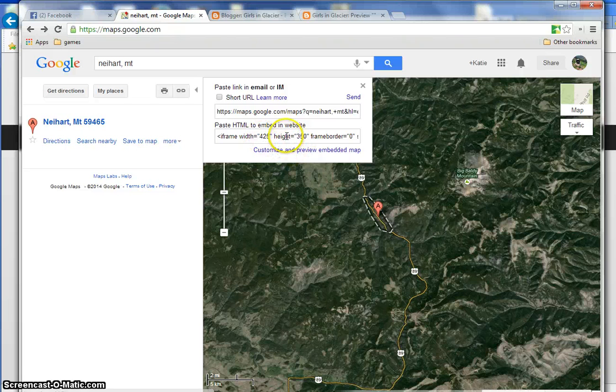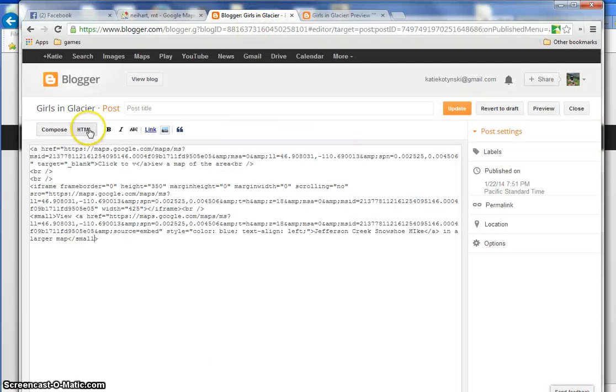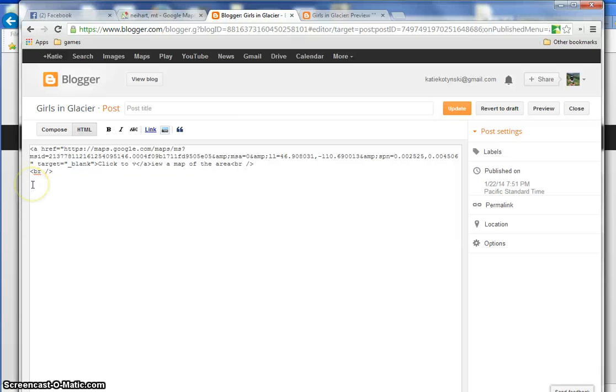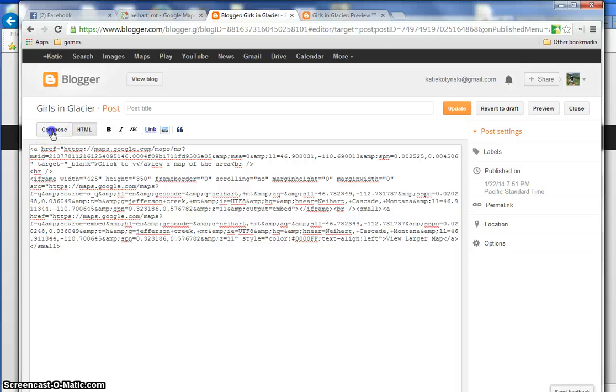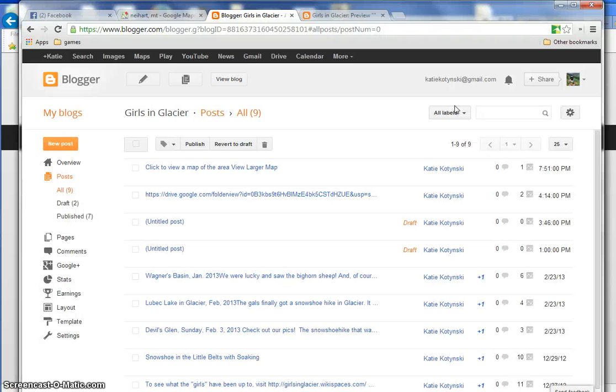Now I had to zoom out even a little bit more, and this time when I clicked on it, it says it's fine. So now I'm going to copy this, go back to my blog, I'm going to go into this HTML, and I'm going to delete all of this up to that break, and now I'm going to paste it back. Go back to Compose, and voila, my map is here, and there's also a link to view the larger map. I'm going to update this and publish